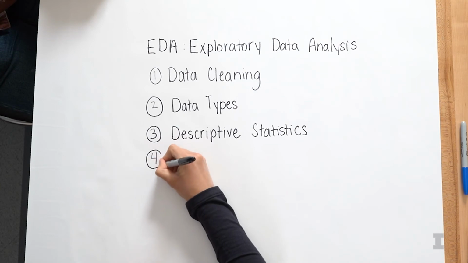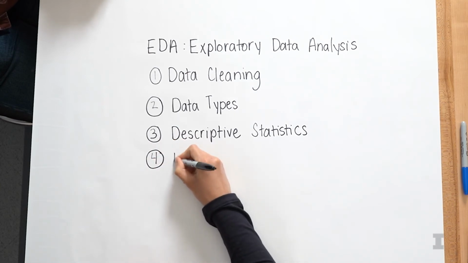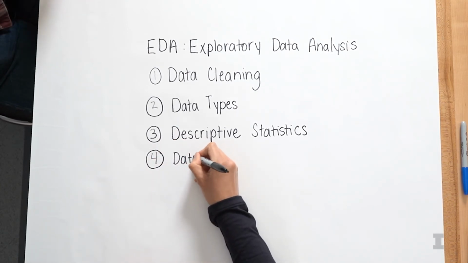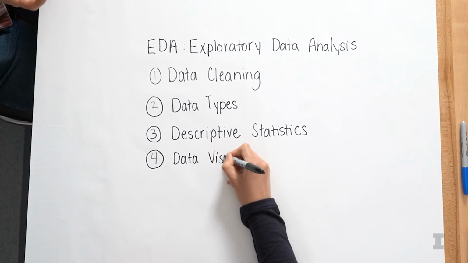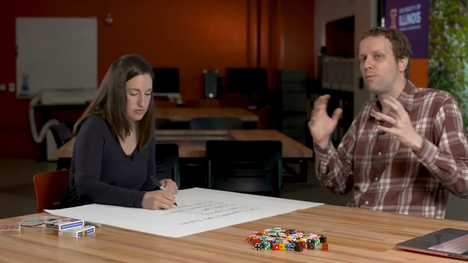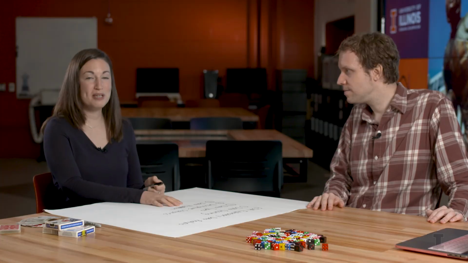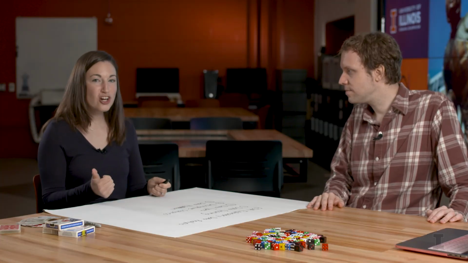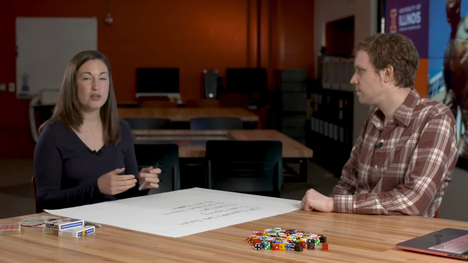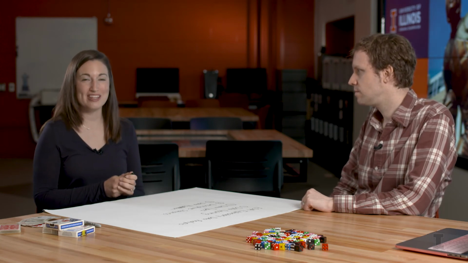Another super common one is basic data visualization. And Wade, this is your specialty. Yeah, data visualization is really the way we communicate data to large audiences. There's a ton of work you can do in data visualization, and we're just going to touch the surface of some basic data visualization as part of this series. In terms of visualization, we're going to look at things like bar charts, histograms, scatter plots, and box plots, and we're going to talk a lot about each of those in this series.